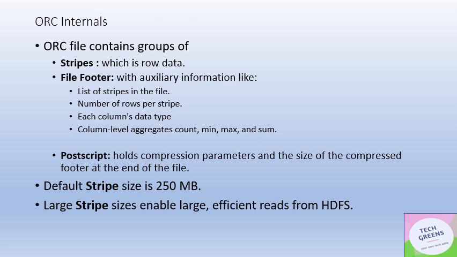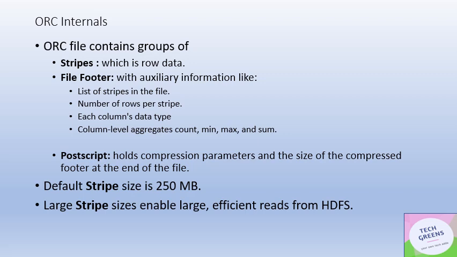Just two more quick pieces of information here. The default stripe size is 250 MB, and there's a reason during the design process of the ORC file system to keep this size a little large if you compare it with the HDFS block size, which is 128 MB. It is almost double that size, and the reasoning is that a large stripe size will enable efficient reads from HDFS, right? So that is the thought process to keep the stripe size almost double the block size